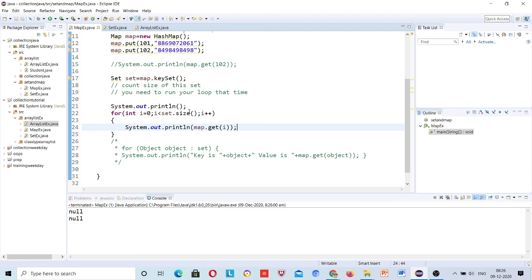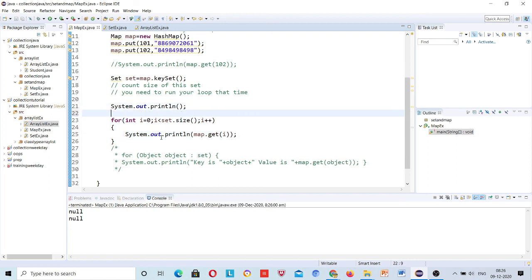Actually, I think the set is not storing in that particular order. So what's the problem here? I said that a set does not follow the insertion order. So whatever order we stored, these keys are not working, right? That's why it is not printing the values.